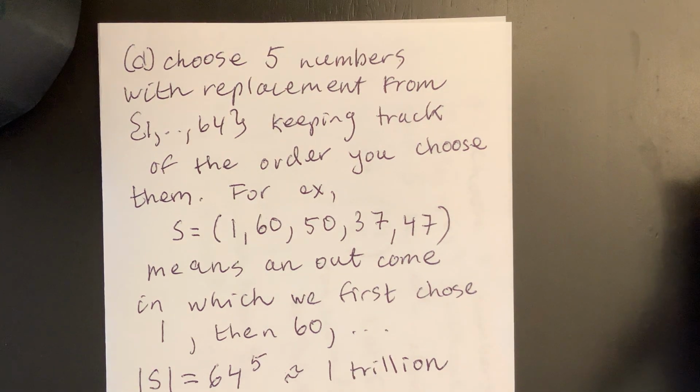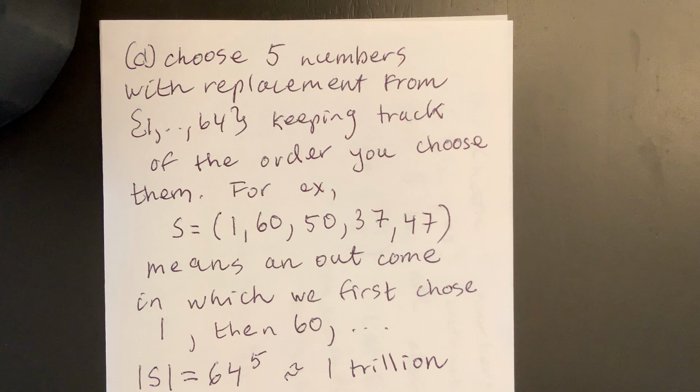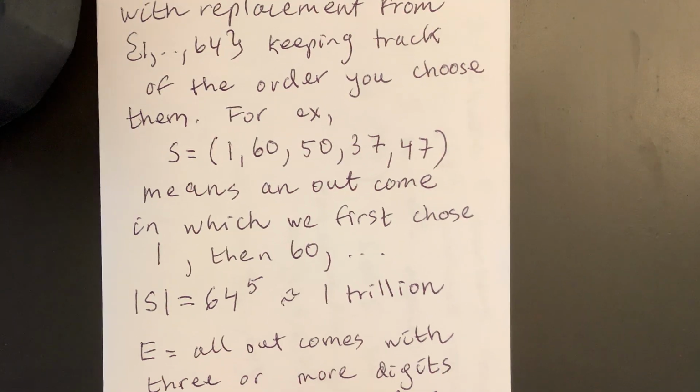Okay, here's another example of an experiment. Some outcomes: I choose 5 numbers with replacement from 1 through 64, keeping track of the order. So, for example, just a list of integers. I could have duplicates here. So s is 1, 60, 50, 37, 47. This just means an outcome. The first choice was 1, the second was 60,